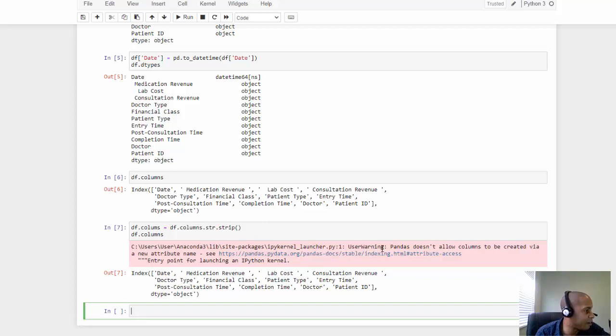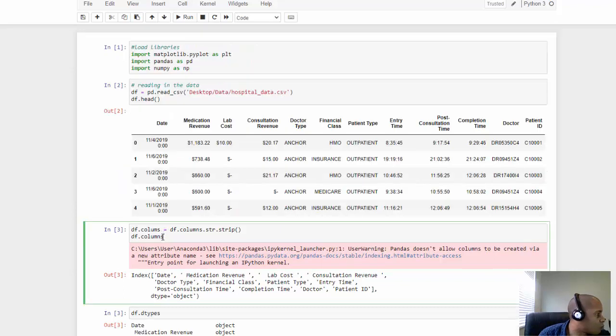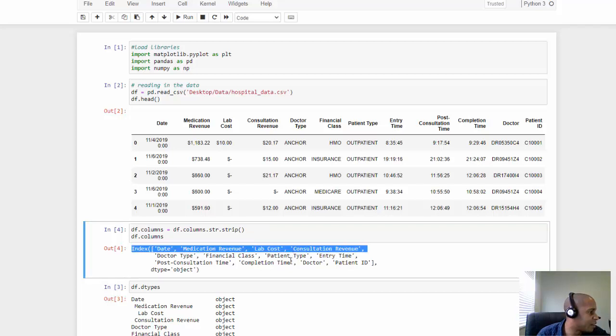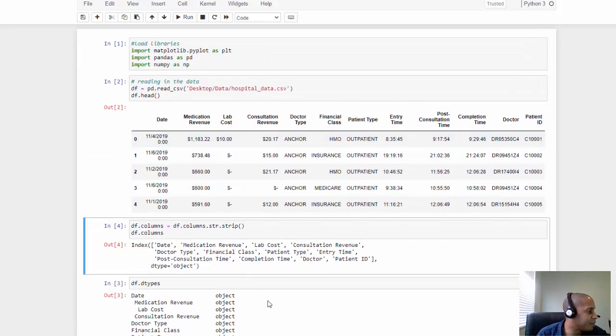And we have an error here, but it doesn't matter. Let's see why. Oh, wow. Stupid spelling mistake. Sorry. Okay, now we're good. That was an issue. All right. So now we don't have this error anymore. And we can see that it did what we wanted it to do. We got rid of the spaces. And then now we can go back down under our code and we can change the date times for